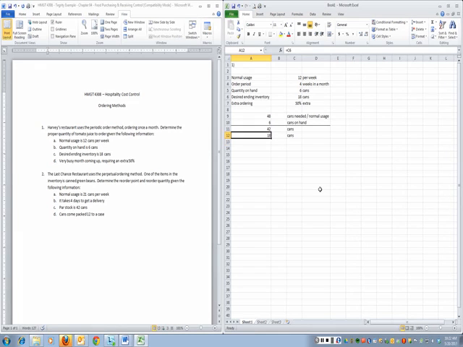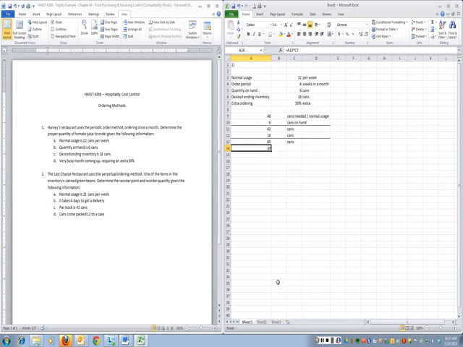Now the next step after we've done this, we have our 42 can subtotal, and then we have 18 cans as our desired ending inventory. So what we need to do with this section right here is take our subtotal plus our desired ending inventory, and that's going to give us 60 cans as far as where we're at right here. Now we also have to take into account the adjustment for the busy period coming up. So what we need to do is take our 60 and multiply it by our 50%. And what that's going to give us